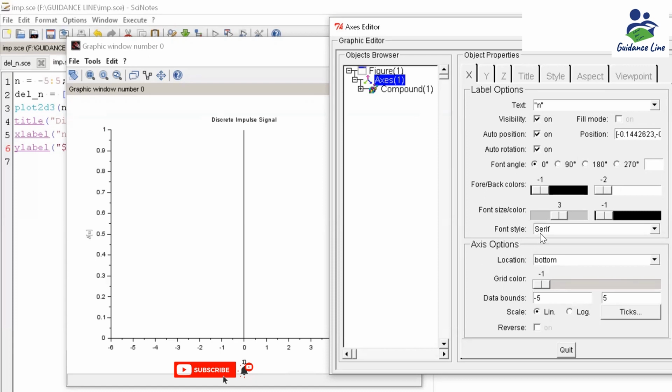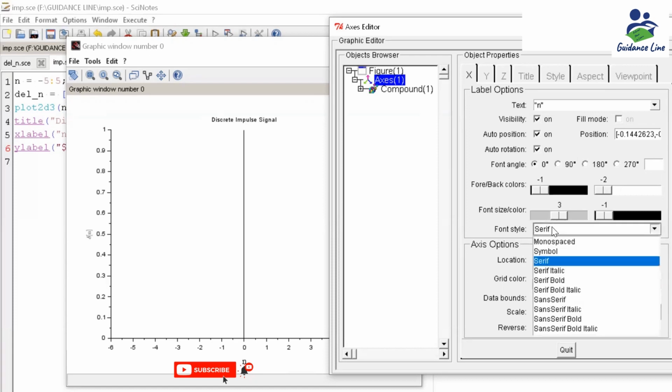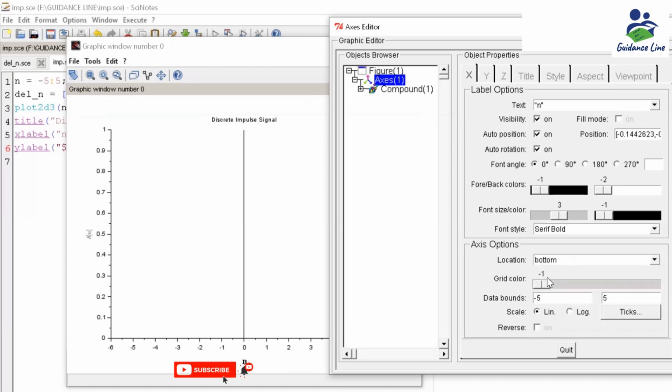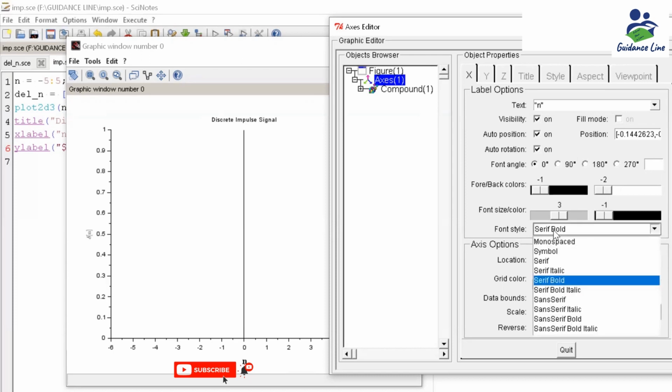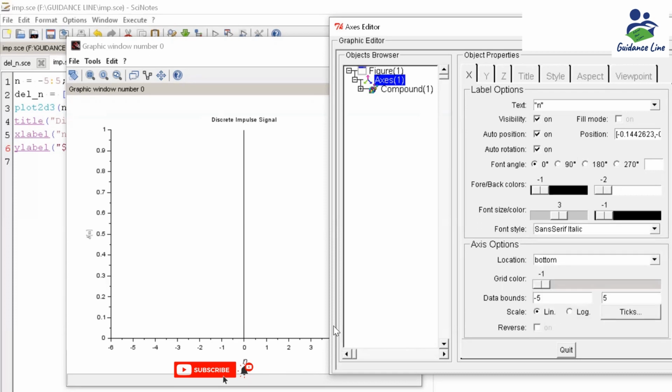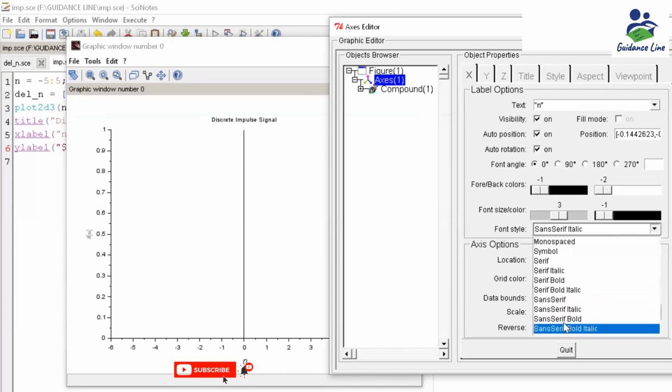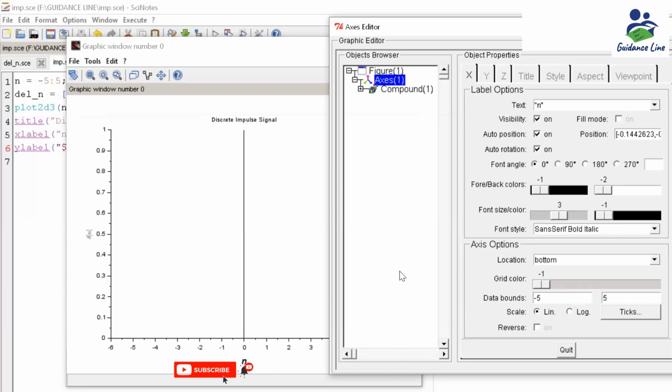So this way we can easily do the modification in my Scilab graph. Likewise, if I want to modify a color, I can do it by dragging this particular option present here.